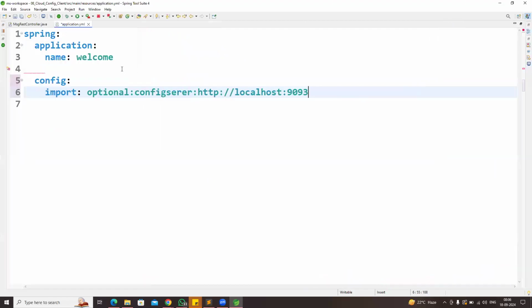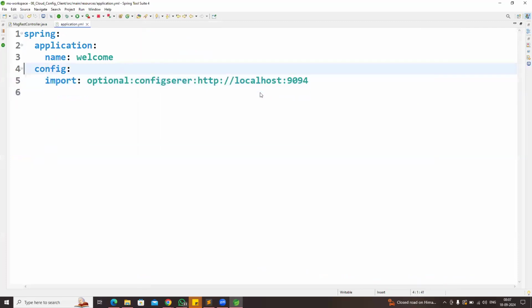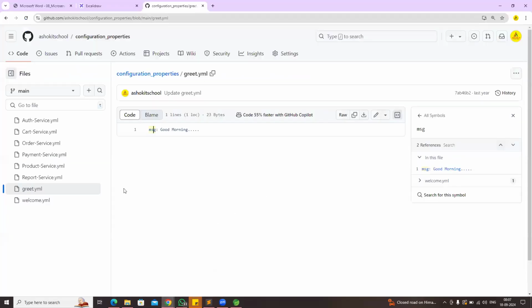http://localhost:9094. So where your config server is running, what is the URL of the config server, you need to specify, and your application name you need to specify. So what is the meaning of that? We are trying to give where our config server is available,